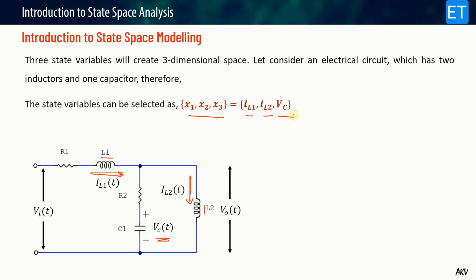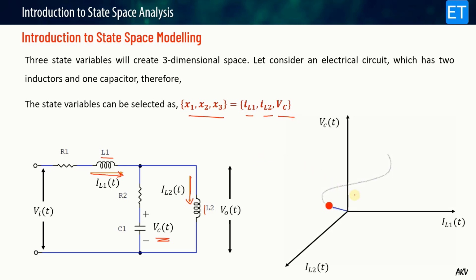Since these are three state variables, they will definitely create a three-dimensional space like this. You can see that one axis is IL1, another axis is IL2, and the third axis is the capacitor voltage VC(t). So what is this red dot? This red dot represents the system state at some time t. Whenever you give input, these currents and voltages will change, and this point will move in this three-dimensional space as time elapses. So at this origin,